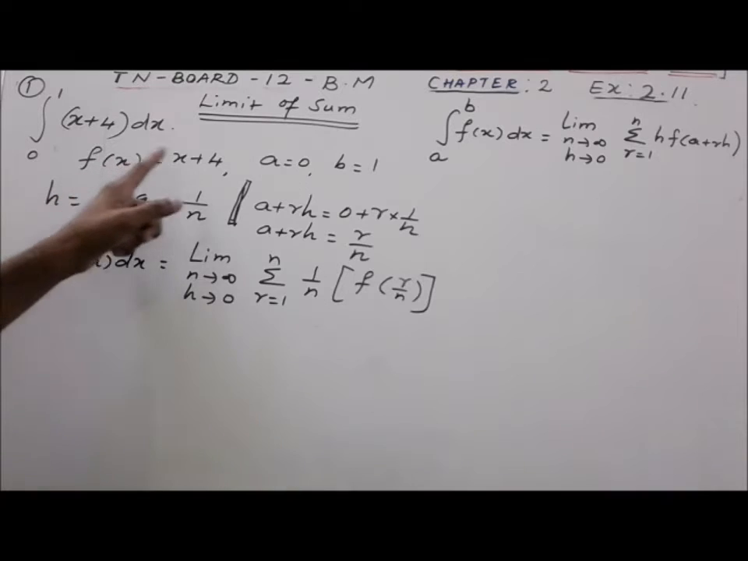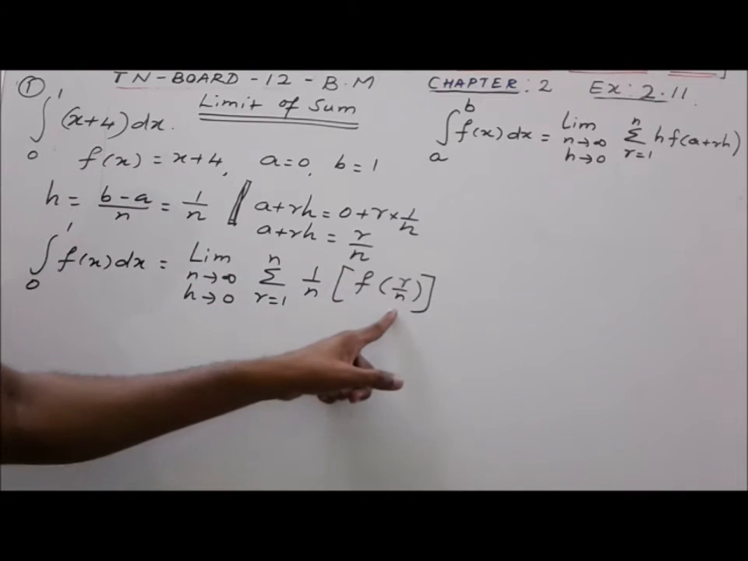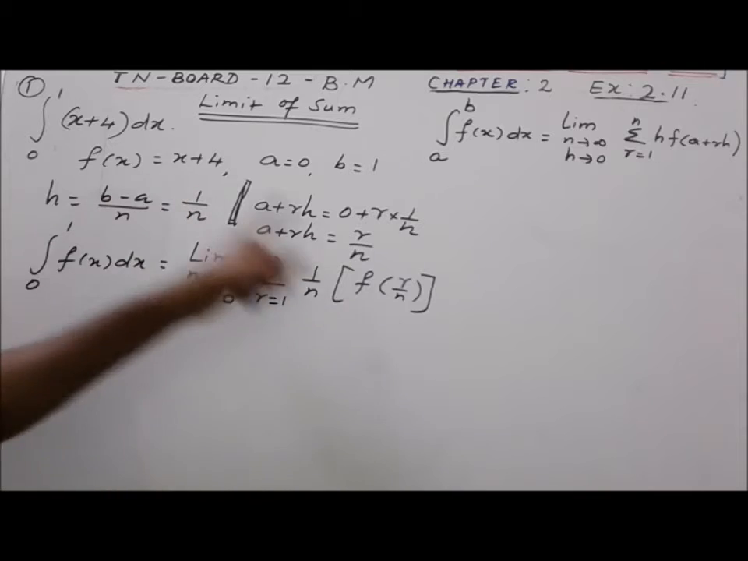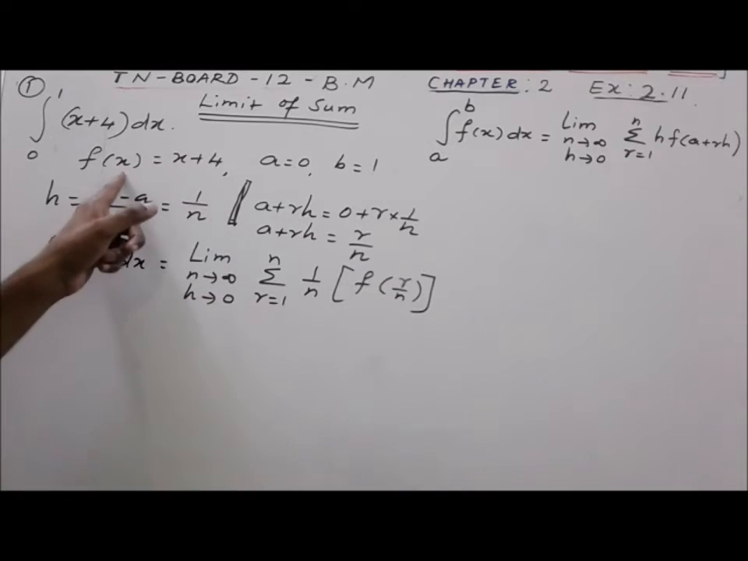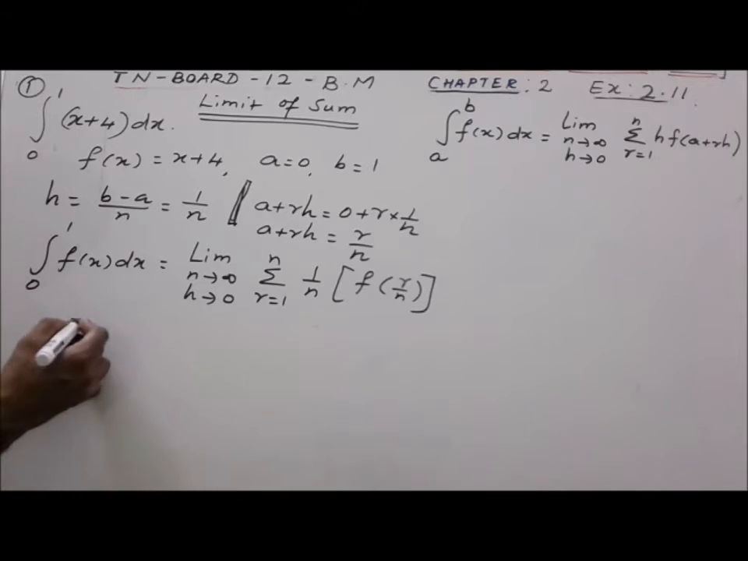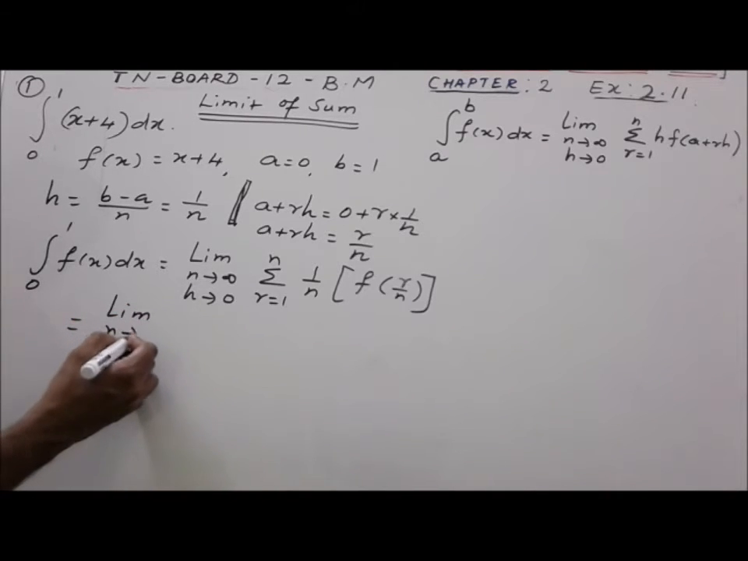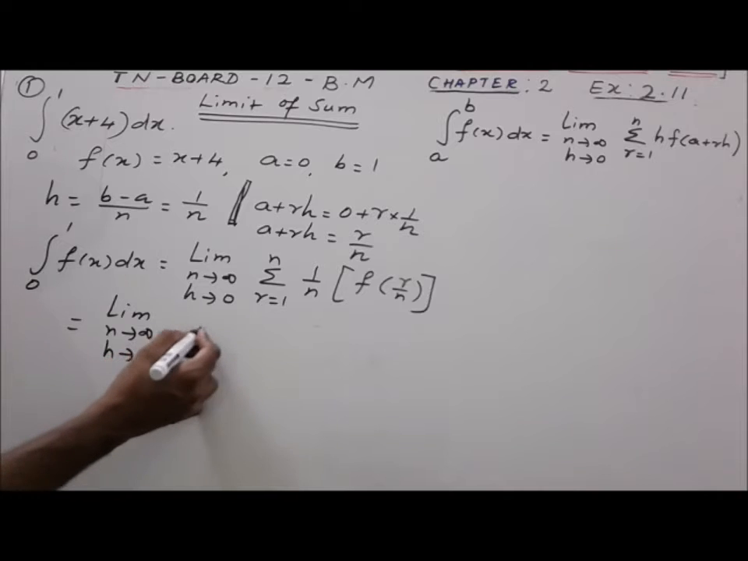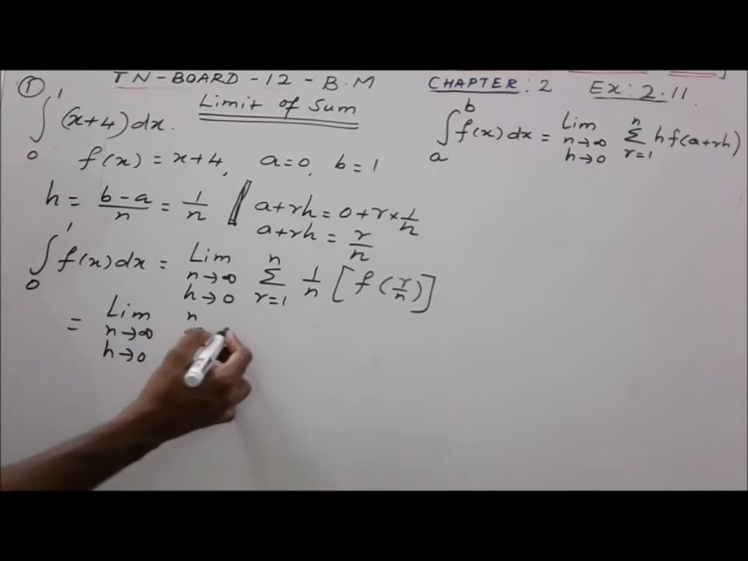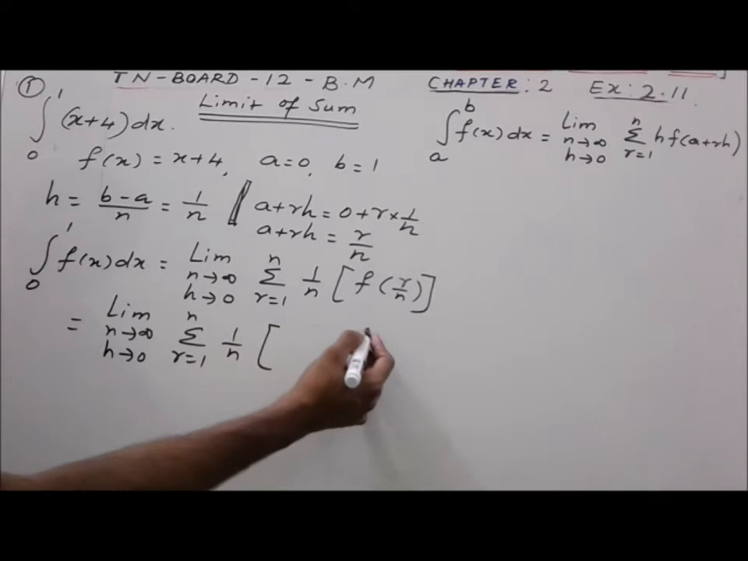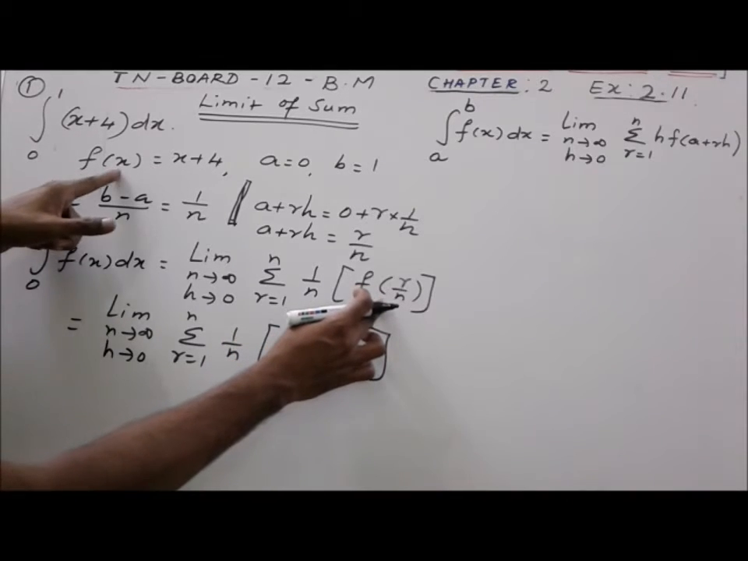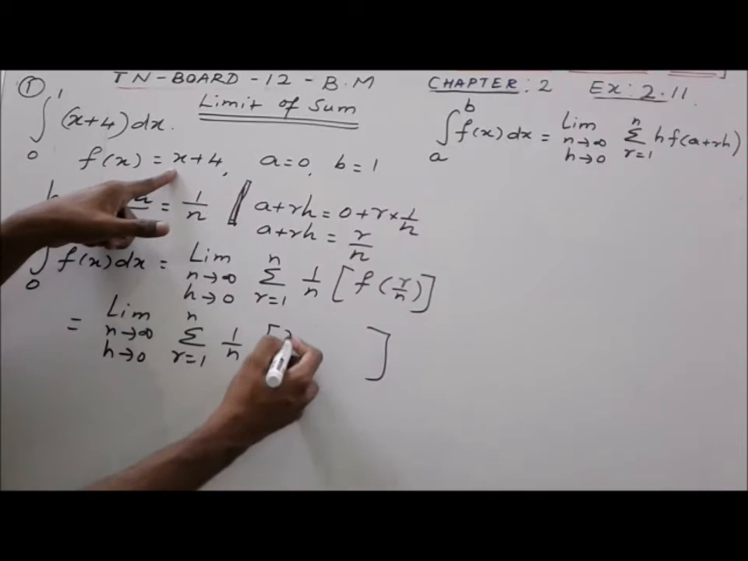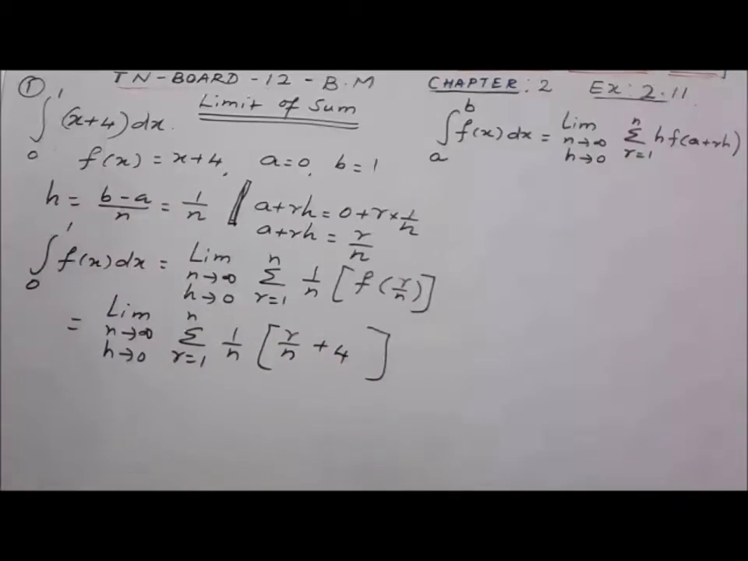Here we have f of x is x plus 4, f of r by n means replace x by r by n. Replacing x by r by n in f of x we will get, which is equal to limit n tend to infinity h tend to 0 sum of r equal to 1 to n 1 by n into f of r by n. F of r by n is nothing but replace x by r by n, which implies r by n plus 4. Now we can simplify this by using this, 1 by n is taken out, that is